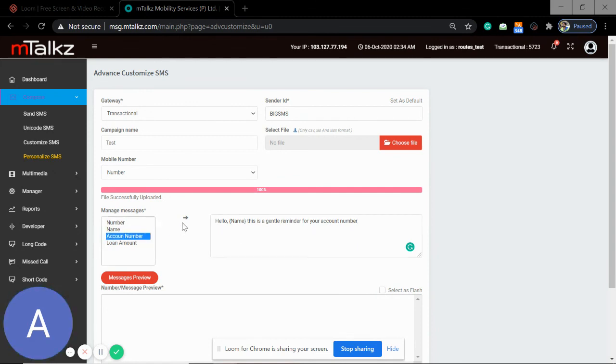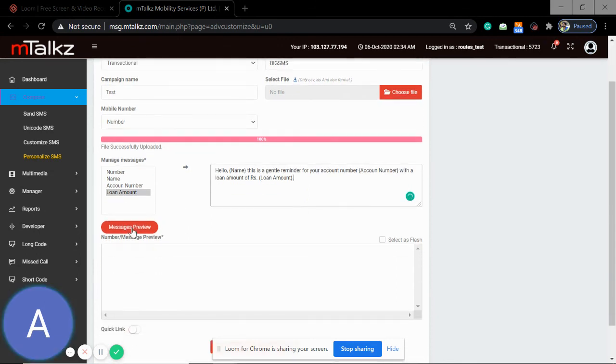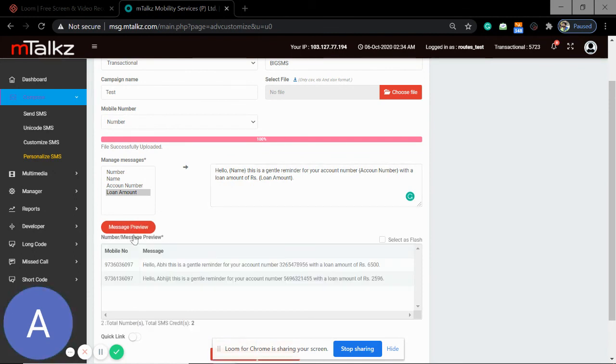Now I just want to choose the account number. Now I have to choose the loan amount. That's it. So now let's look at how the message will look when I preview this.